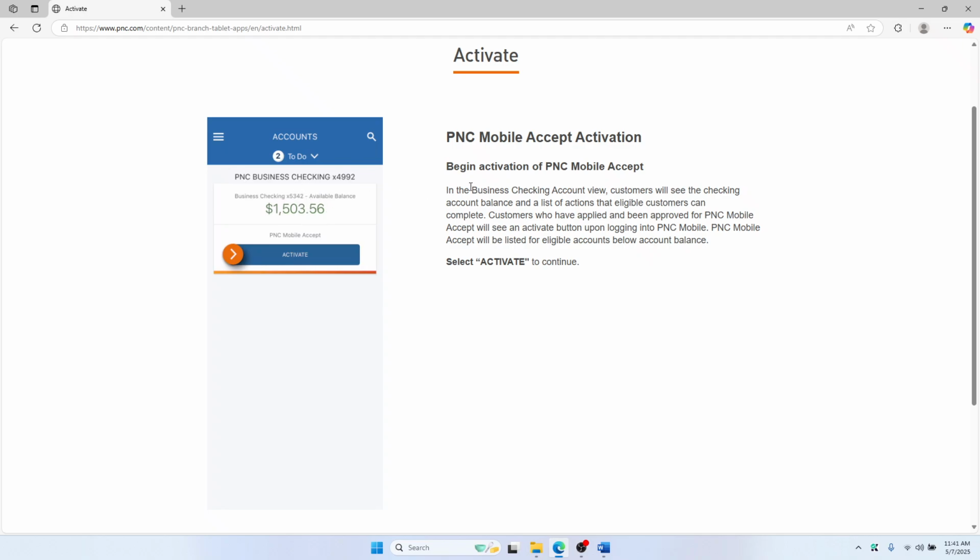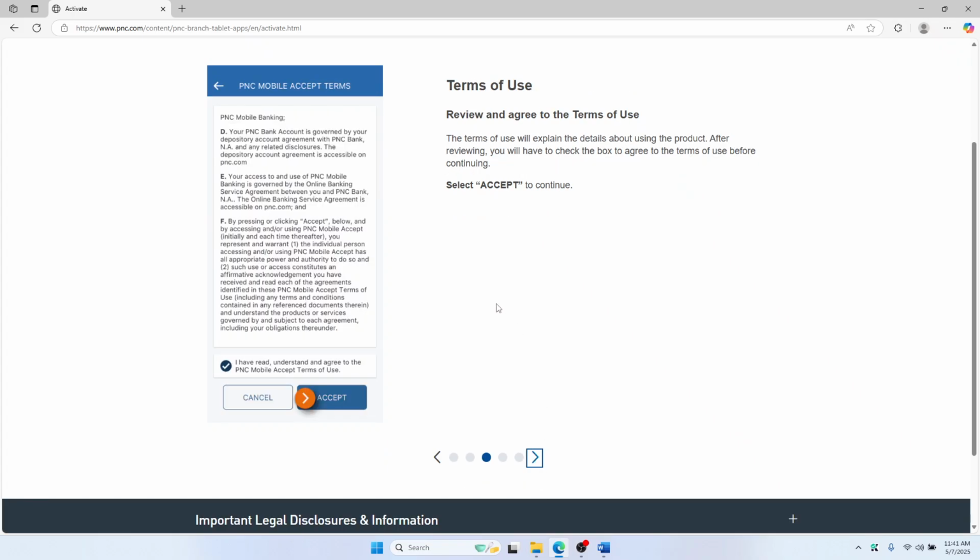The card will be here. So in the business checking account view you will see your checking account balance as well, and a list of actions that eligible customers can complete. And so if you have applied for a PNC mobile accept and there is also a card, then you will see this option here. Then all you have to do is click activate, and once you do that, you'll be